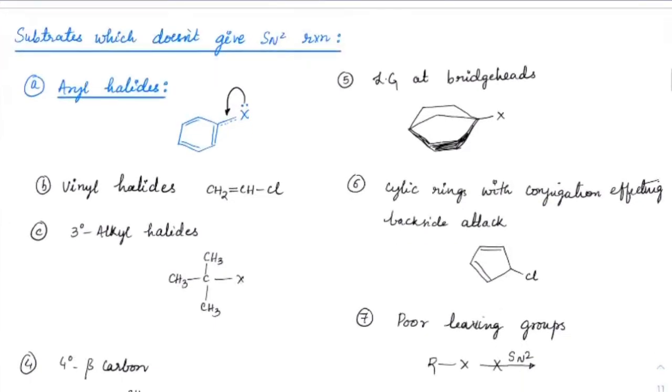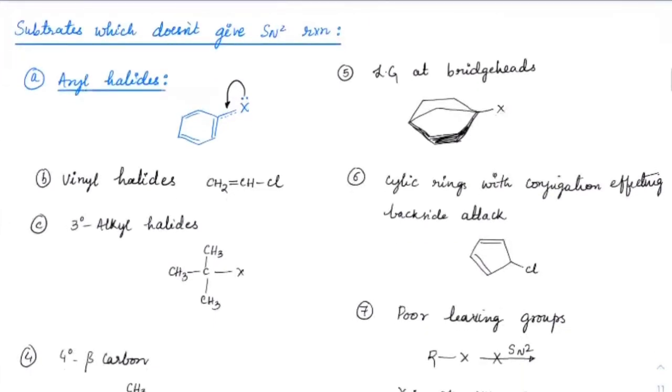Now, another important point which we studied about SN2. At the end of the SN2, I will give you a complete summary of SN2, but I'm only discussing those pointers which we were emphasizing yesterday. We learned that there are certain cases where SN2 does not take place at all, and one of them is aryl halides. The reasoning is that there is a partial double bond character, and resonance, as well as the back attack is not possible.